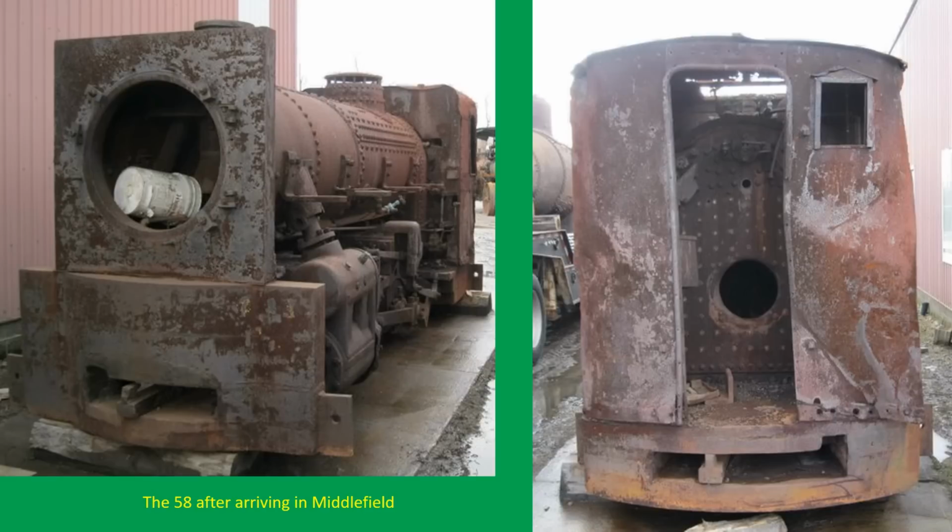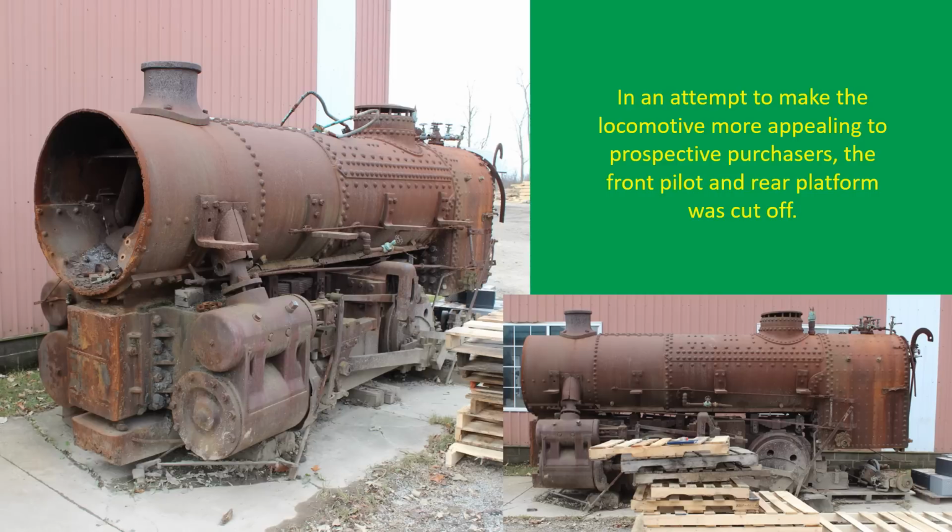And then when it arrived up in Middlefield, this is what it looked like there, and it still had its front pilot, still had the cab and the rear platform and everything on there. At that time, Jonas cut all of that extra metal off, basically thinking that this thing is so heavy that nobody's going